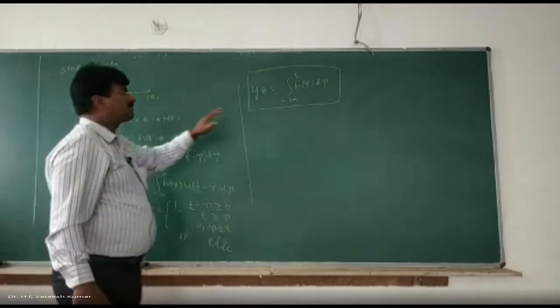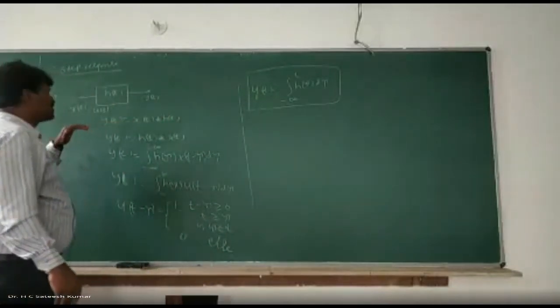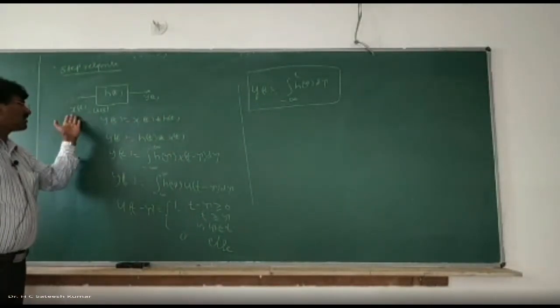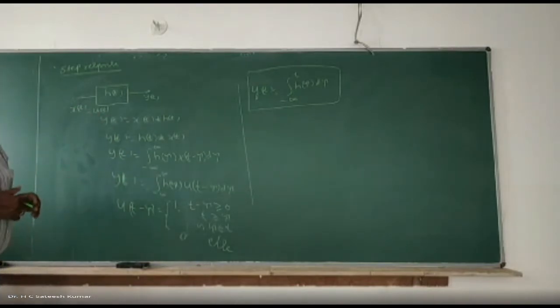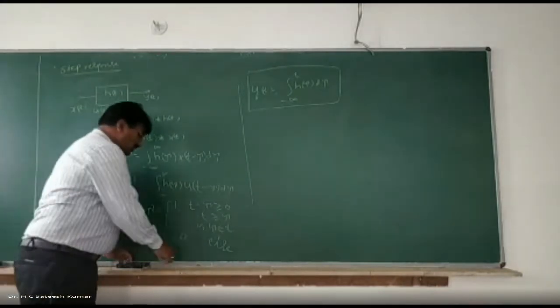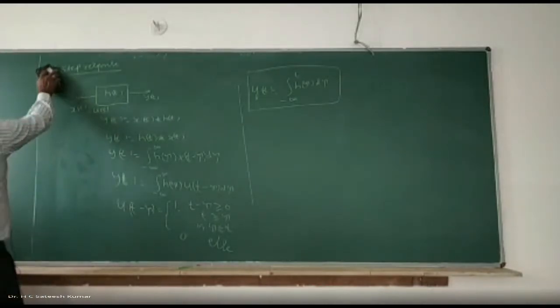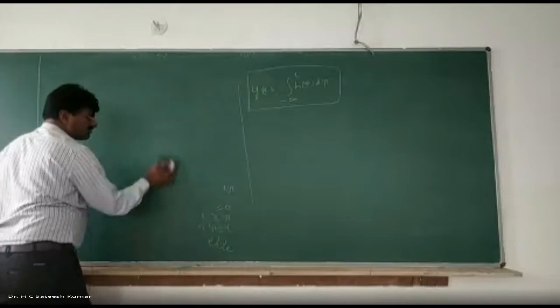So if asked to derive an expression, we can derive this one. But while solving the problem, when you find that it is a step response, automatically you take x of t is equal to u of t and convolve it. Whatever answer you get, that is the convolution. So no need to go for the formula itself, right? So that's how we should do it. Take the screenshot if you want, and I'll continue with the next problem. So let us go for the problem on this concept.